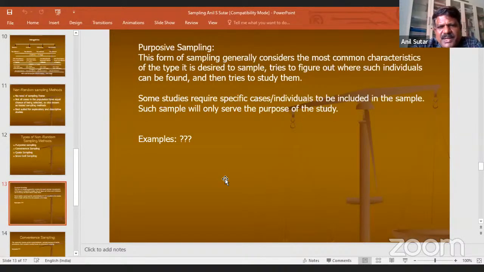So purposive sampling basically is, you can note down here. I may not have actually given the crisp meaning of what is purposive sampling.